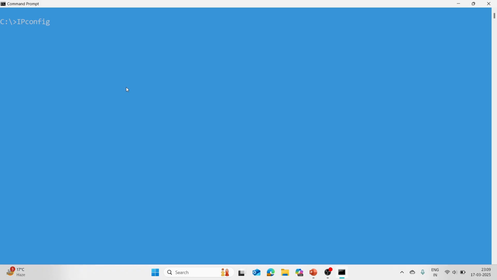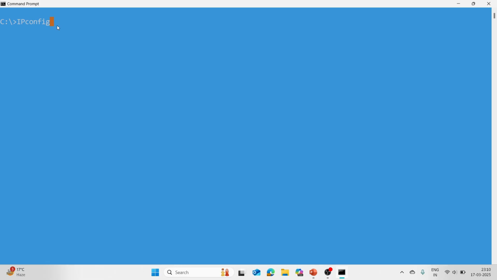For Windows, you need to write ipconfig. But if you are working in Mac OS or Linux, then you need to write ifconfig. Because right now I'm working in Windows, I need to write ipconfig